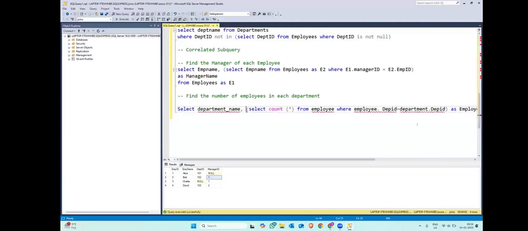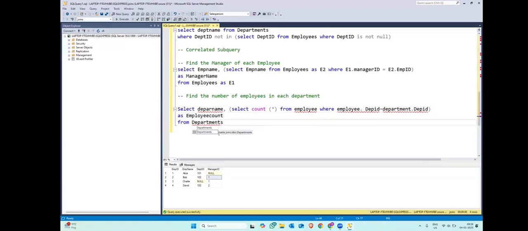So let me select department name, from departments, and we have where, just a second. So you're selecting department name, just to make it right, and select count star from employees, where